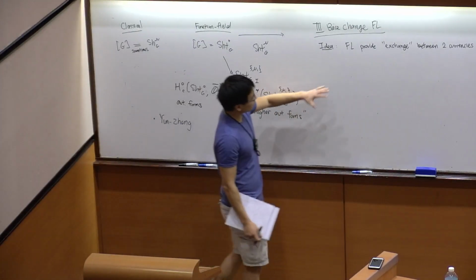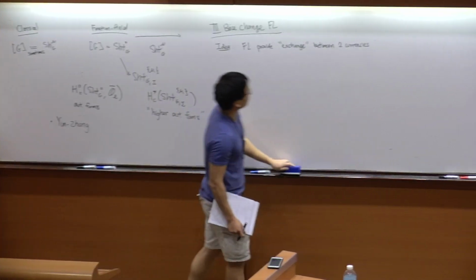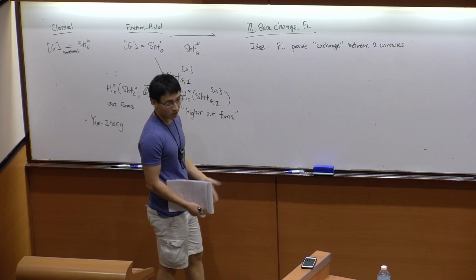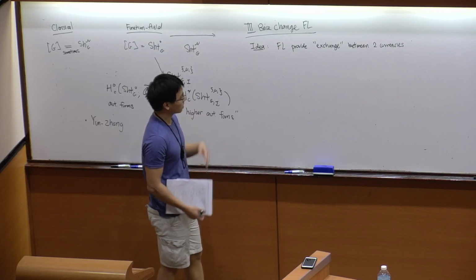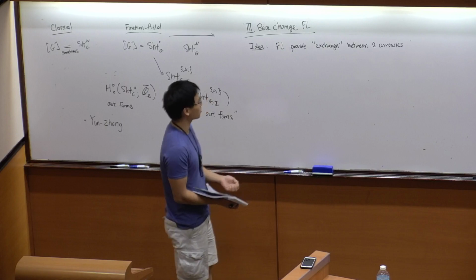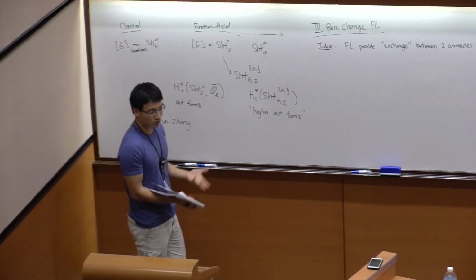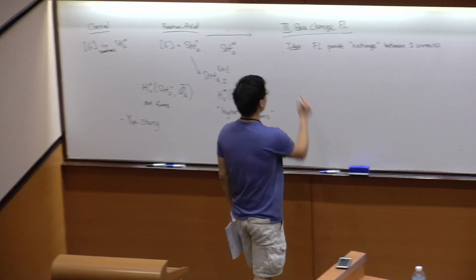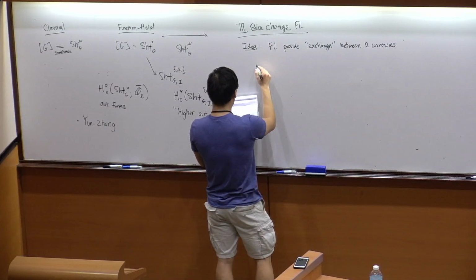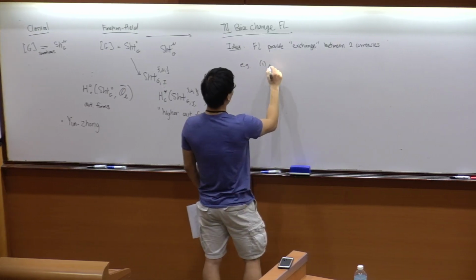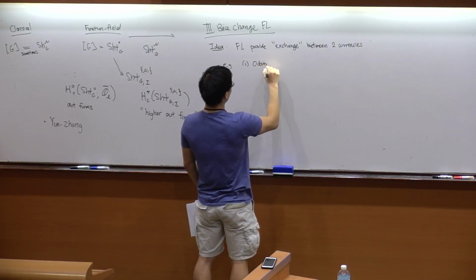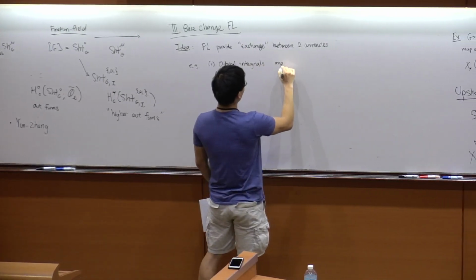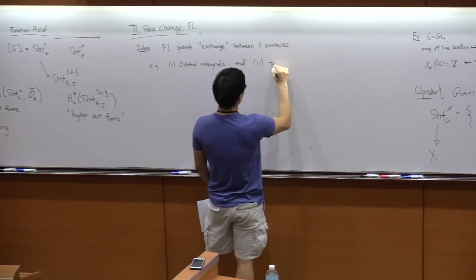So the idea is that if we want to prove cases of functoriality, if we want to compare representations of two different groups, we look at the trace formula, we take the geometric expansions, and those are both in terms of orbital integrals, but they're orbital integrals on different groups. And if you really wanted to compare that, you'd have to have a way to convert between these two types of orbital integrals. And so in this particular case of base change, what we want to convert between are orbital integrals and twisted orbital integrals.